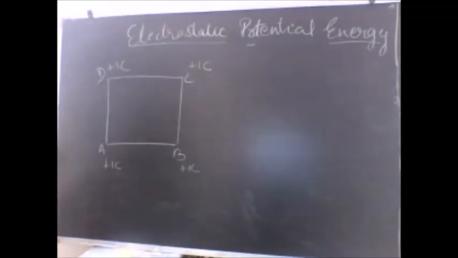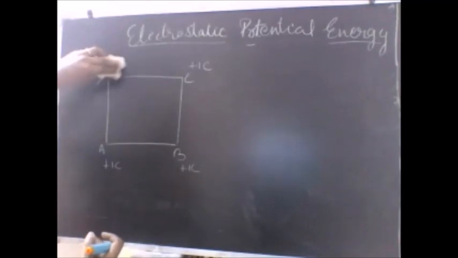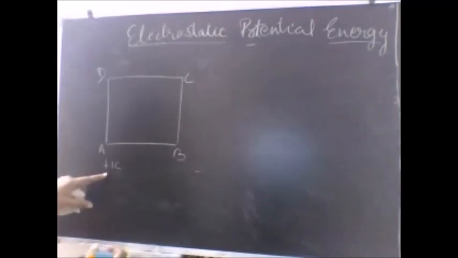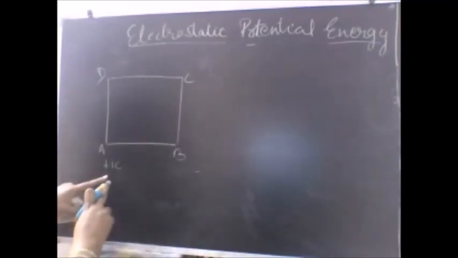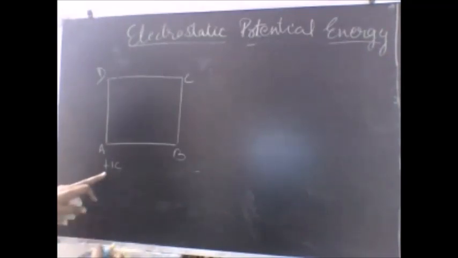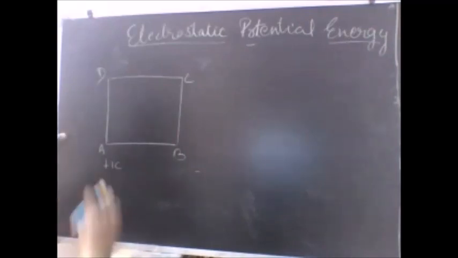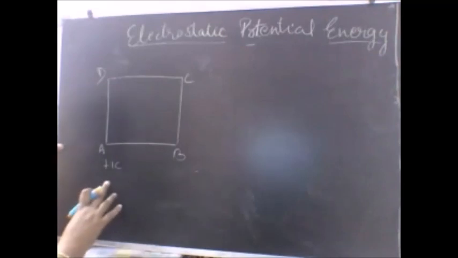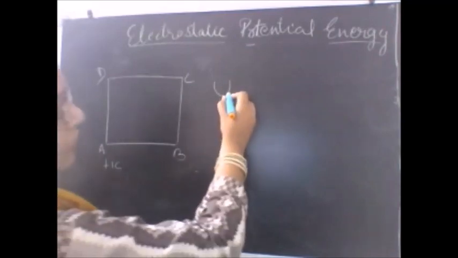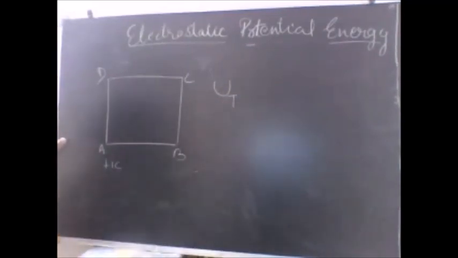So to understand this question, we'll apply a logic here, assuming that there is initially no charge given there at the points B, C and D. Only 1 coulomb charge is there that I have brought from infinity to this particular point. Tell me, is there any other point in the vicinity? There is no other point in the vicinity. So the work done will be 0. That means the charge plus 1 coulomb will come without any effort. Effort is done only when some source charge is given. Since source charge is missing here, the work done in bringing the charge here will be 0. So let us solve the issue side by side. Let us find out the total potential energy stored in the system.